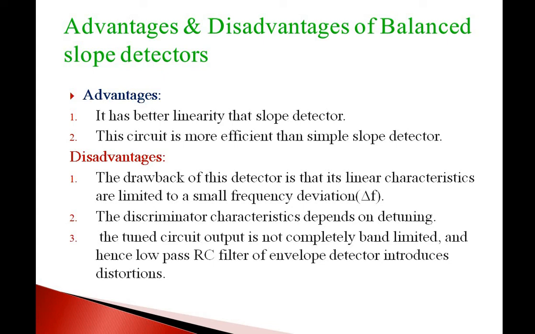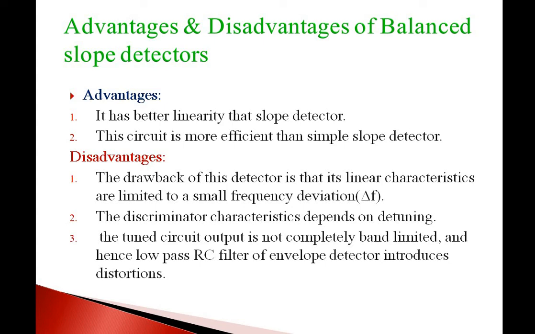If in case your frequency deviation has been raised, suppose I have said that delta f is 1.5, then you will be getting the nonlinear characteristics also, and distortions or harmonic distortions. In case you are increasing the frequency, meaning you are getting a wider frequency, then your frequency deviation will also be increased. So these balanced slope detectors cannot afford that kind of frequency deviation. Due to that, we will be getting some noise. So that is the first disadvantage.